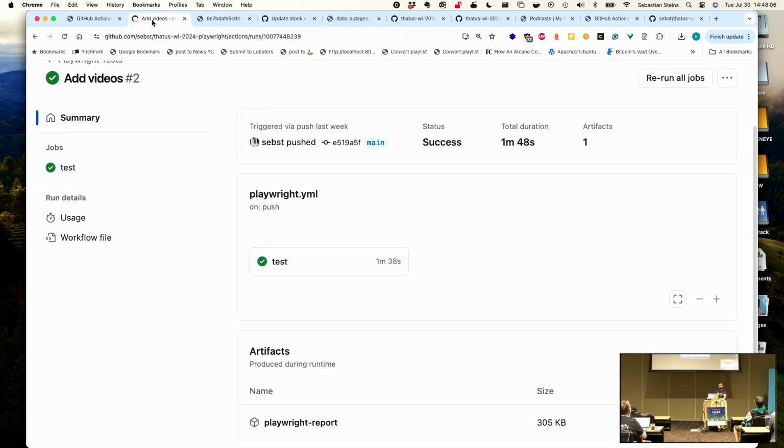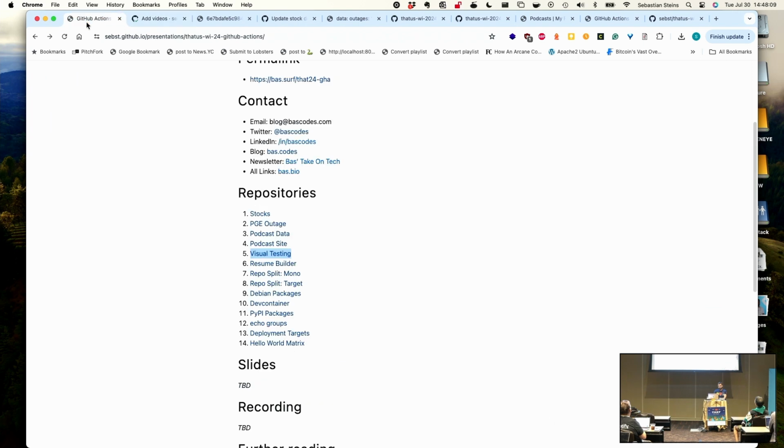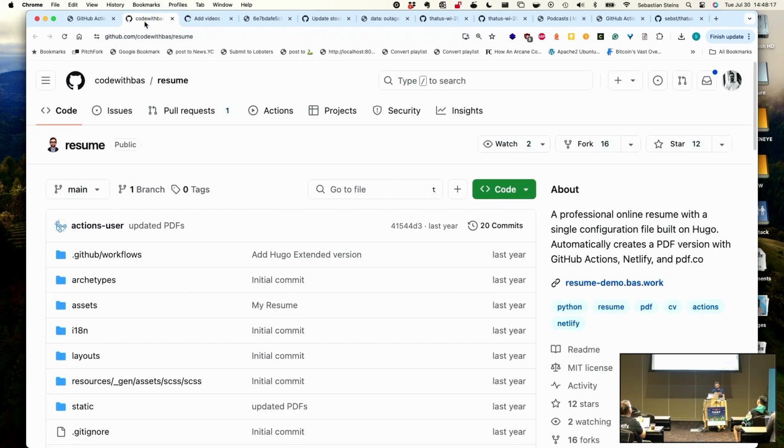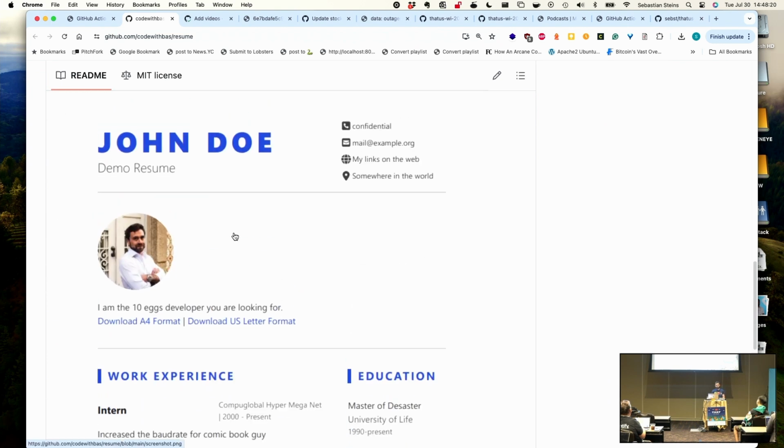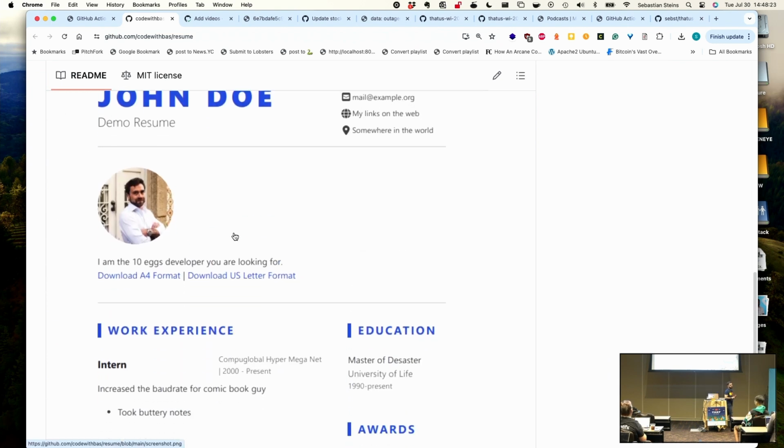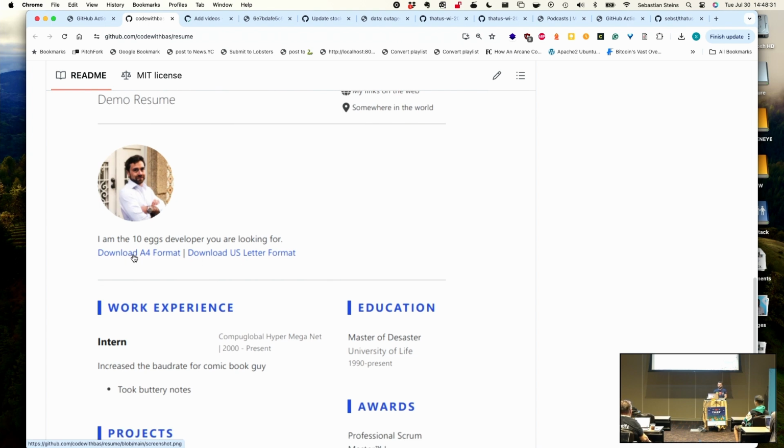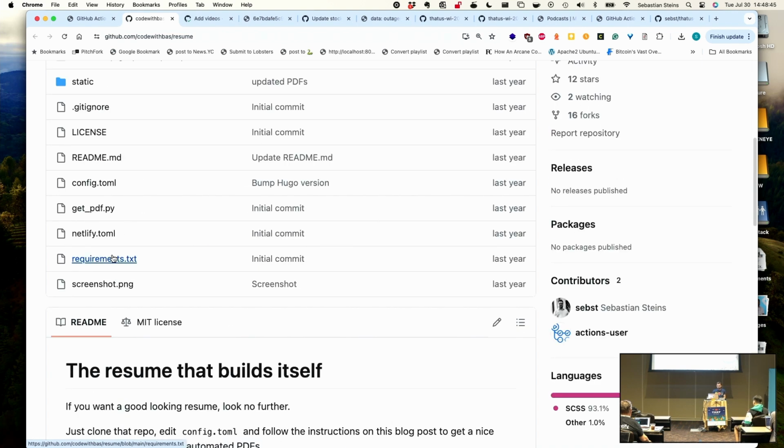again, like a little bit of static site stuff here. What I did is I created basically a template repository to build a resume page. And there is a special feature of that, which is it gets you the same resume page as HTML in the browser, but it also gets you a PDF in A4 and US letter, which is automatically generated from basically what you put in here. There is a config toml,